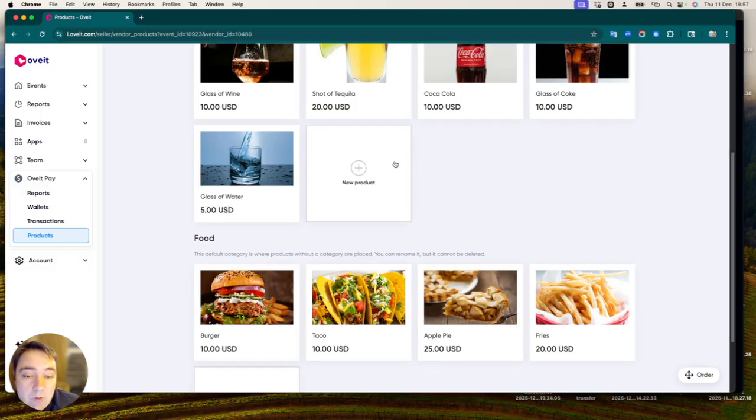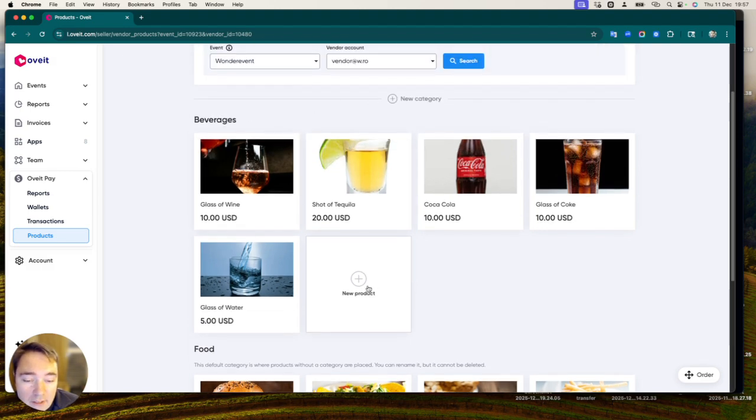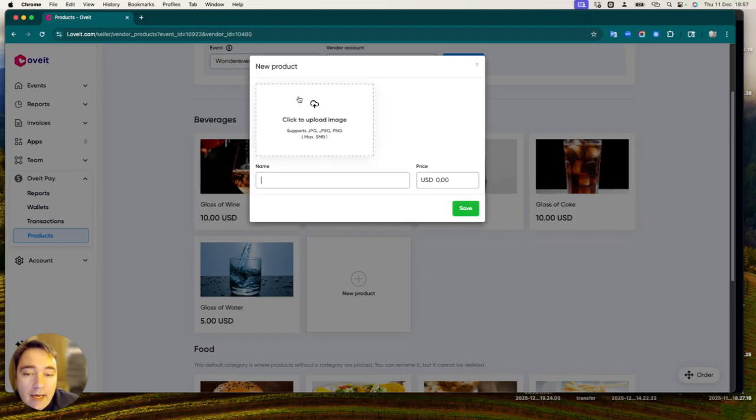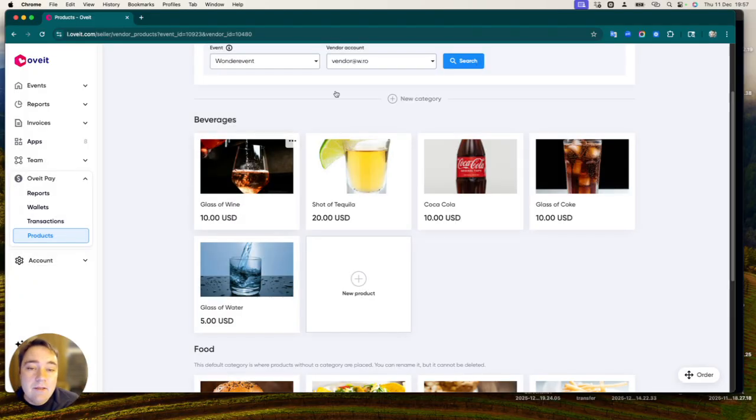If you want to set up your own product, you press the new product section in each category, and at that point you can add a photo, a name, and a price, and these are going to be displayed in the setup menu as well as the vendor mobile app. As you can see right here, I have three dots that show up on my screen once I hover over the product